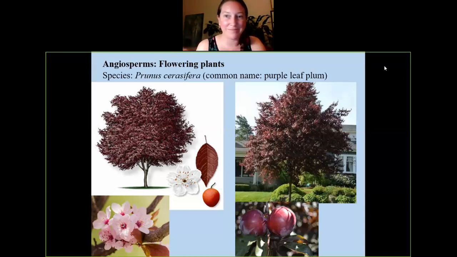And it has purple leaves. I mean, it doesn't get easier than that, right? It has purple leaves, purple leaf plum. Purple leaf plum is a super common street tree. You've probably seen it in your area. It stays purple year round,